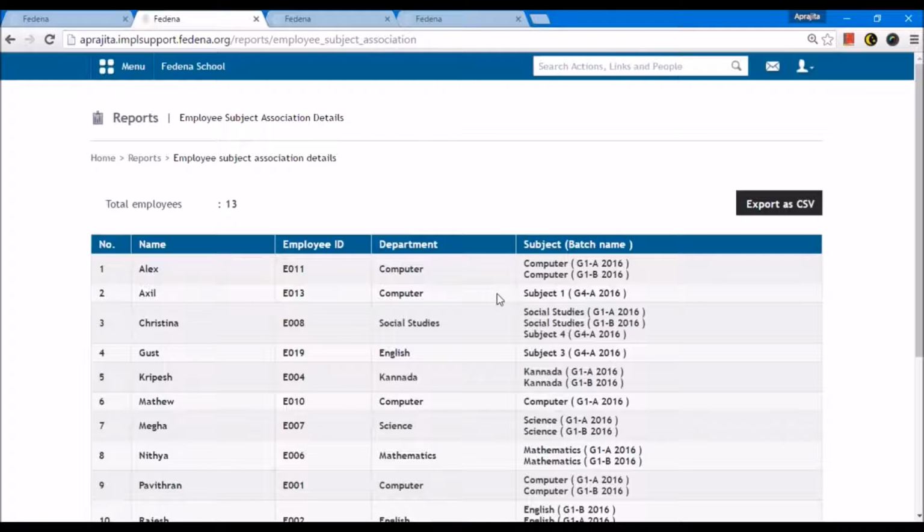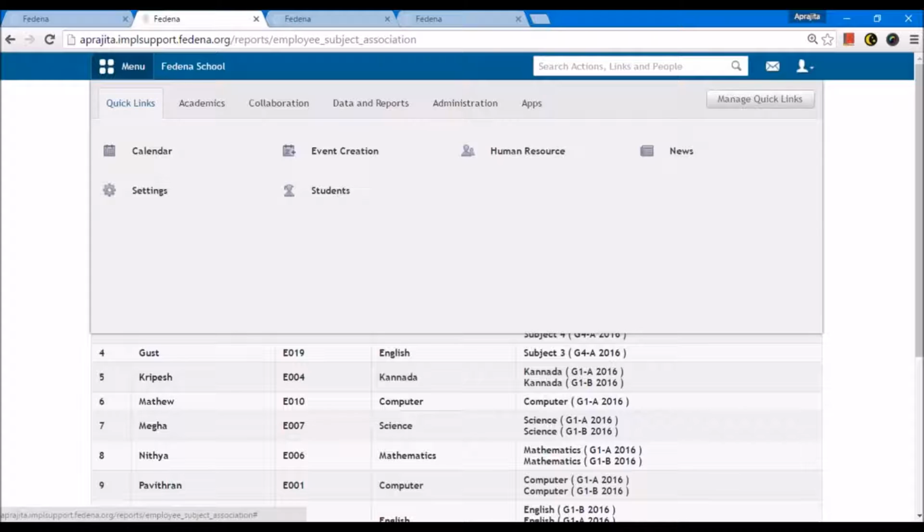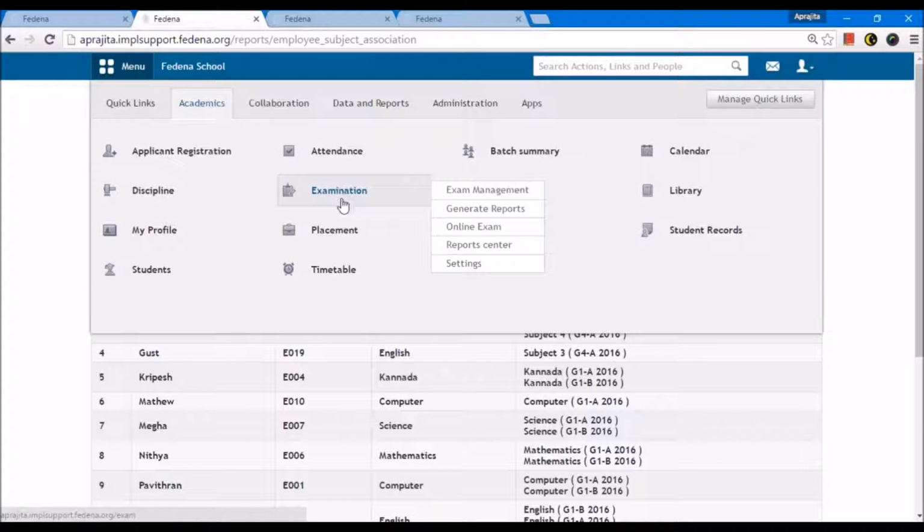In the same way, there is a teacher who is taking subject 2, subject 3 and subject 4 in grade 4. We have assigned the teachers to the subjects and now the administrator or individual subject teachers will be able to enter marks for the exam that we just created.